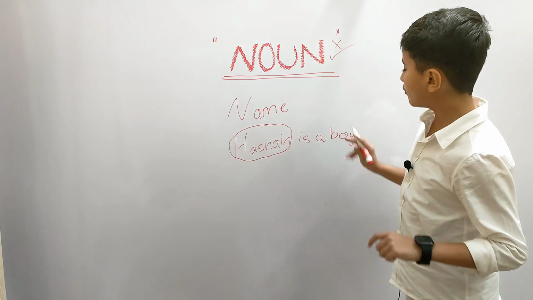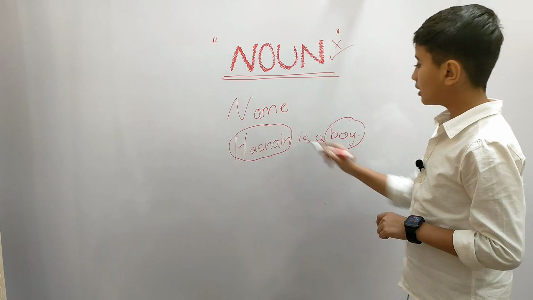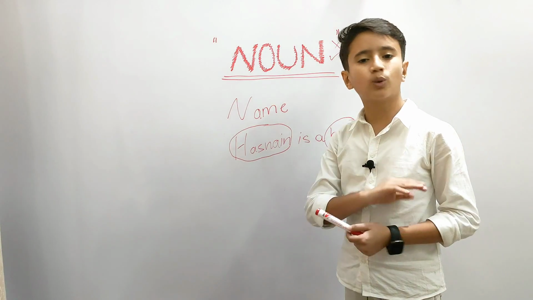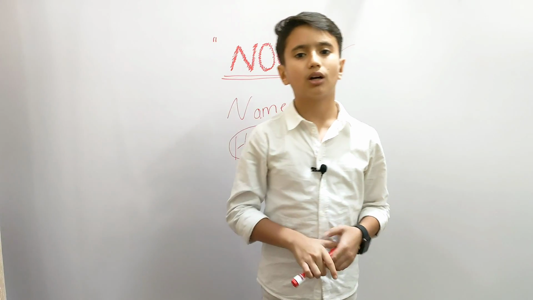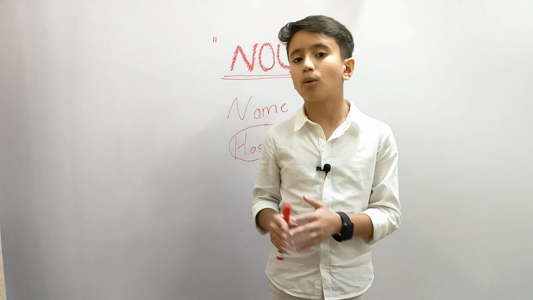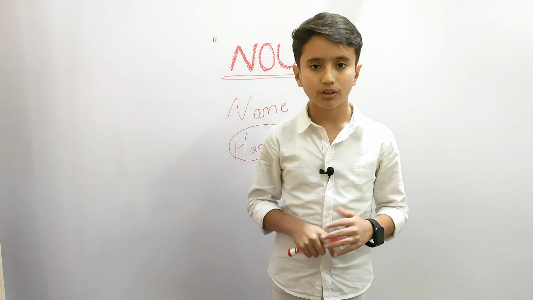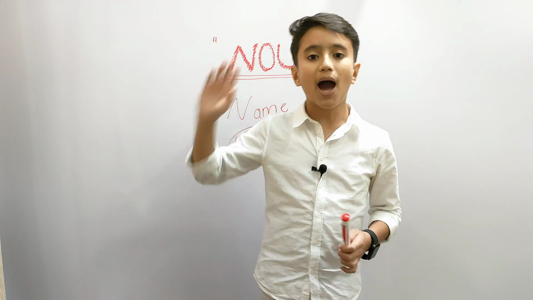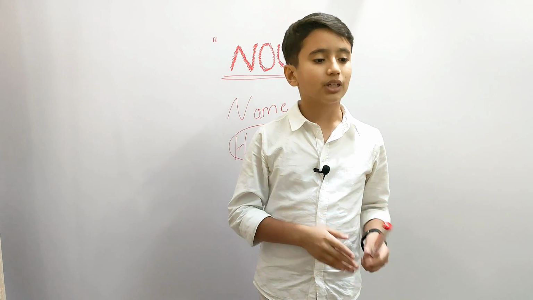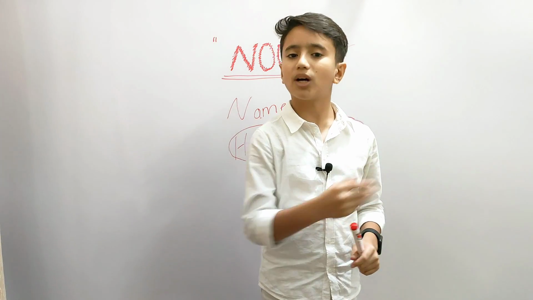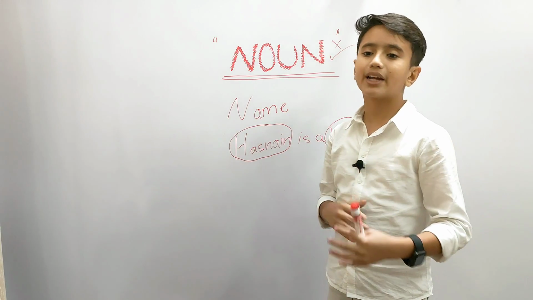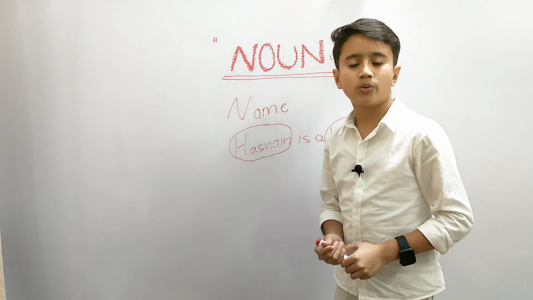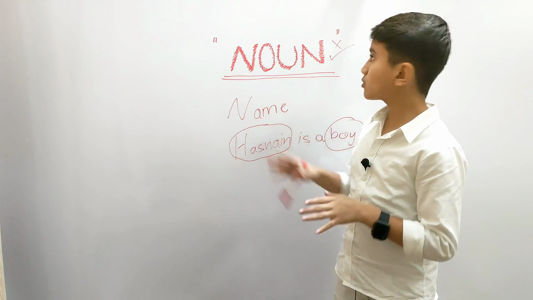It's going to be a bit general. So this sentence has two nouns, which are boy and Hasnain. Boy is a common noun. Words like boy, girl, cow, car, computer are all known as common nouns. Vehicle, car, all of these. But if you are being specific, for example, iMac computer, or Ferrari car, or Lamborghini car, or Bugatti, then you are being specific. So then it's not a common noun. It's a rather uncommon noun. So these are the two major types of noun.